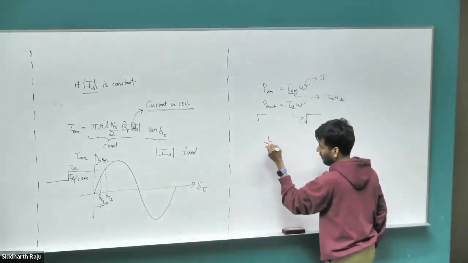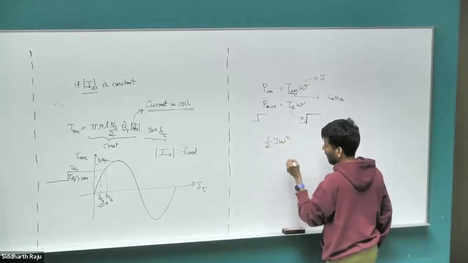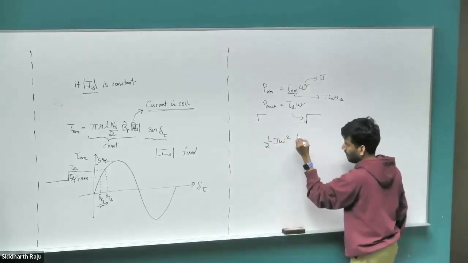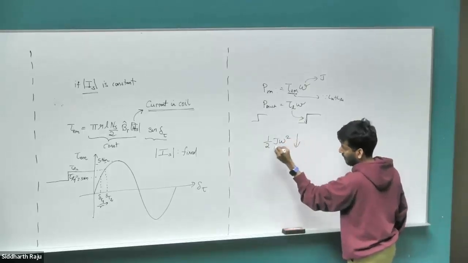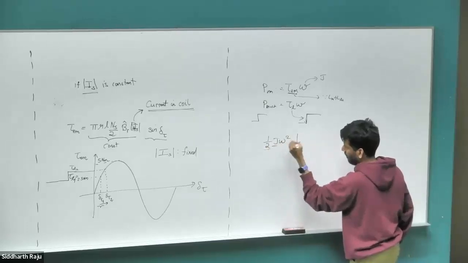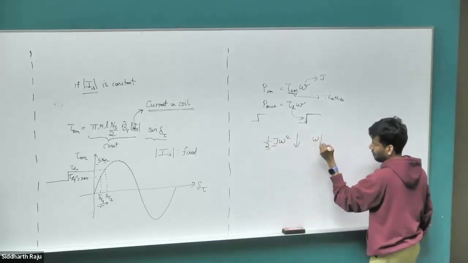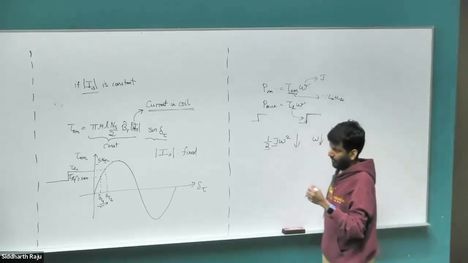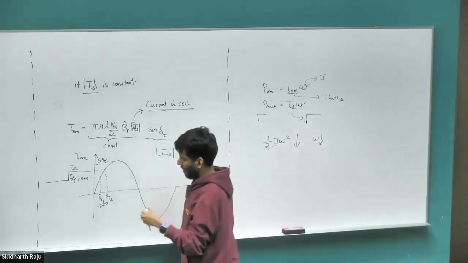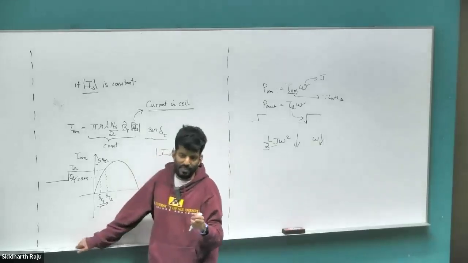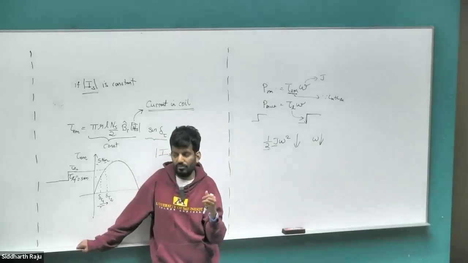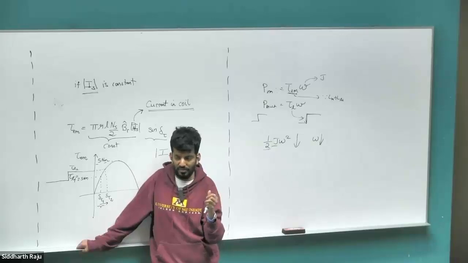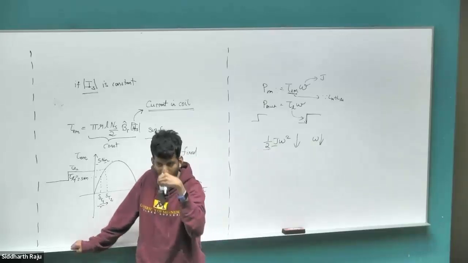So the energy in the inertia is half J omega squared. And as we draw out more energy, the energy goes down. J is of course a constant, so the only way the energy can go down is by having the speed go down. And now as the speed goes down, the rotor starts to lag behind. Previously the rotor was rotating at some 2 pi times 50, let's say 2 pi times 60, 125 radians per second. Now it would slightly dip,